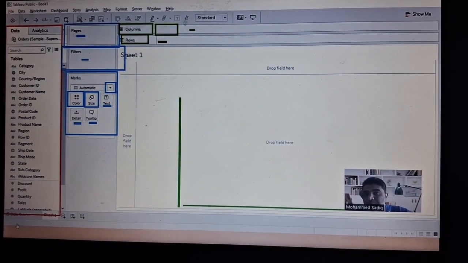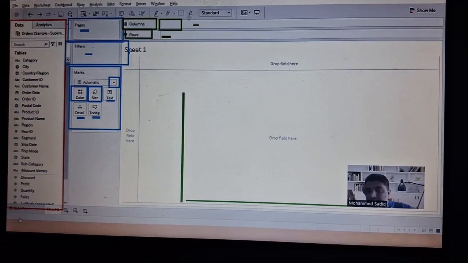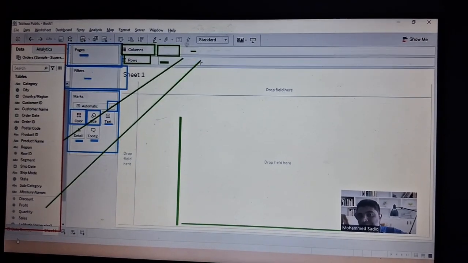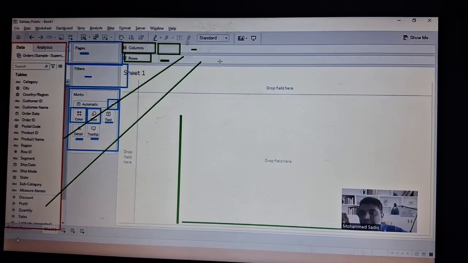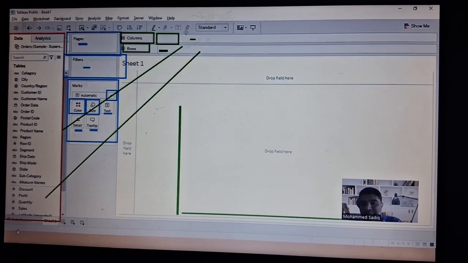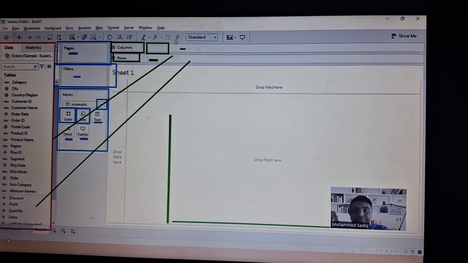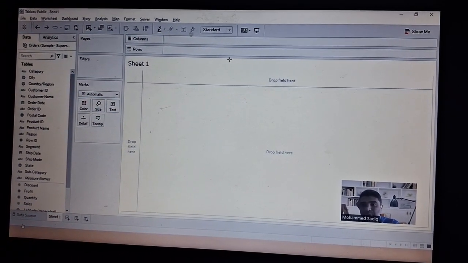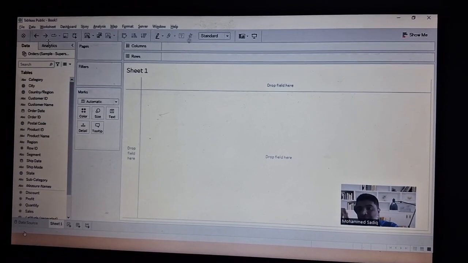So respective columns will be placed here. Okay, so the respective columns will be placed. So dimension and the measures will be placed here to create the charts. Okay, so in the next slides I'll just come to the dimension and the measures. So now, if I have to create a chart, these are the components, and apart from that, we